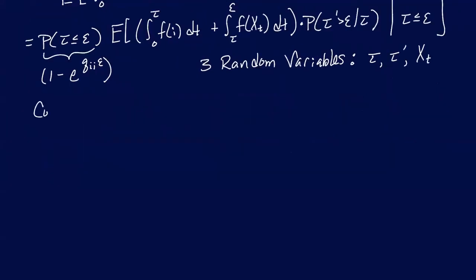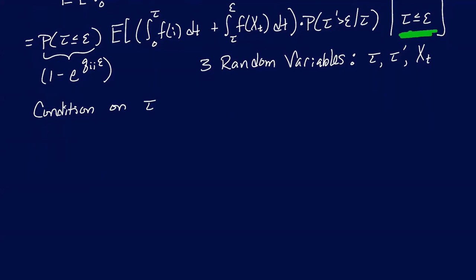I am going to condition on tau. You might say there's already a condition on tau over here, but what I want to do is nail down exactly what tau is. I only know that tau is less than or equal to epsilon, so I want to condition on tau being equal to some s. And because we're starting in the conditional land where tau is less than or equal to epsilon, I am not going to multiply when I do this conditioning on tau by the exponential negative qii distribution.